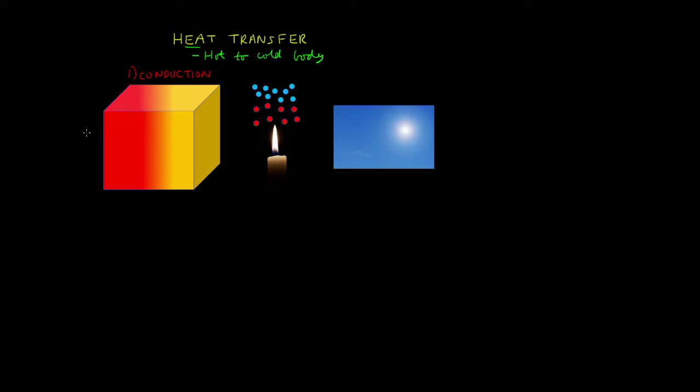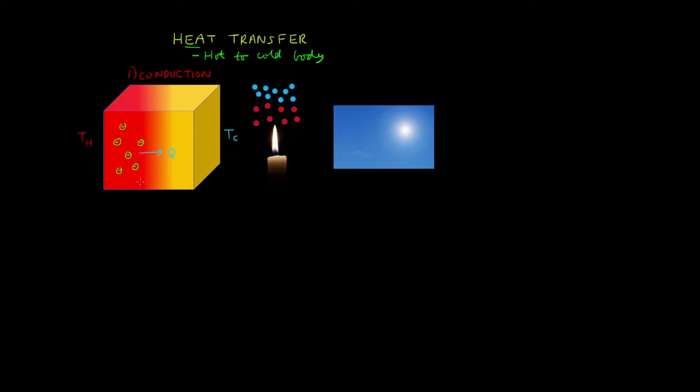Now suppose we heat one side of this block to some temperature we'll call TH, and we want to determine the rate at which heat is transferred from one side of the block, so the hotter side, to the colder side. So if we suppose this is a metal block, then the electrons are basically going to be free to move around, so they're effectively going to transfer kinetic energy between each other. So effectively the electrons with a higher energy are going to transfer that energy to the electrons with the lower energy. So therefore the heat is going to flow in this direction from the region with the higher energy to